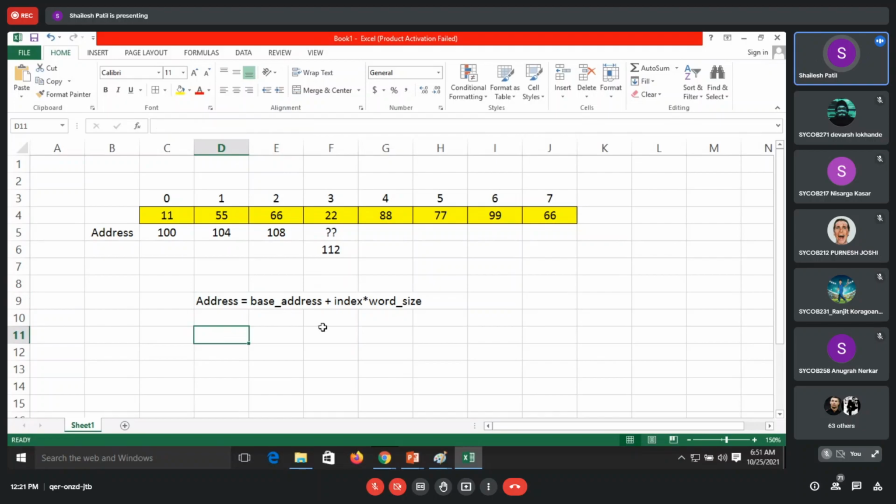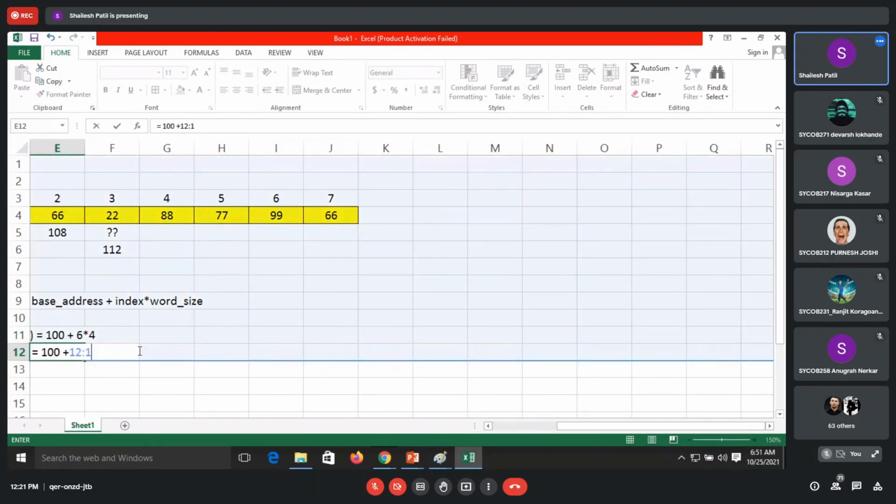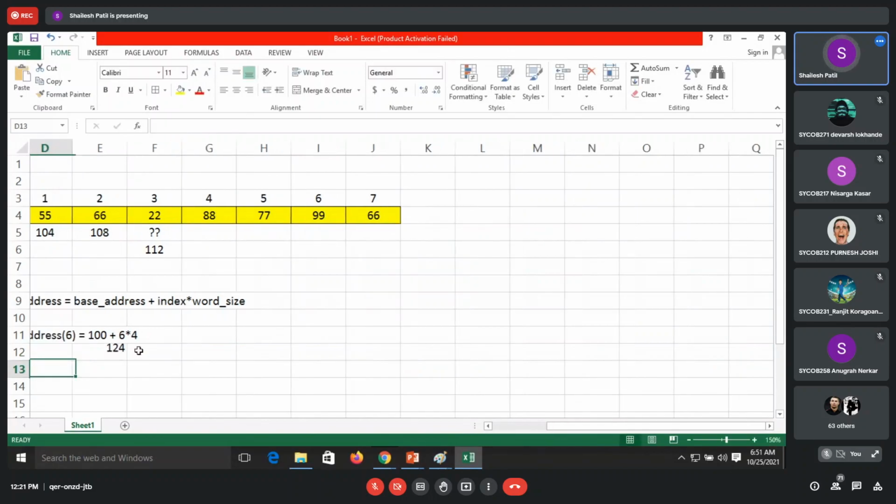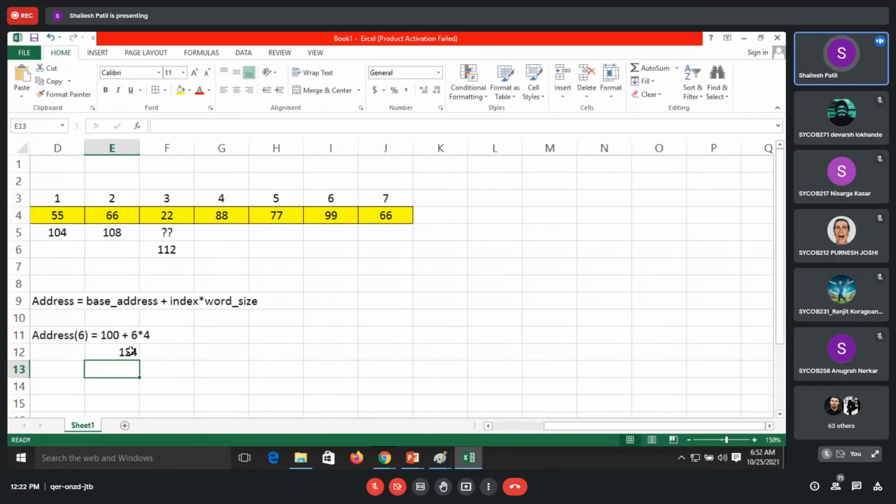With this we can calculate the address of, suppose, element 6 at this particular position. What is my base address? It is 100, plus my index, which is 6, into word size 4. So it is 100 plus 24, which is 124.